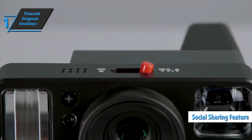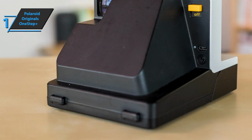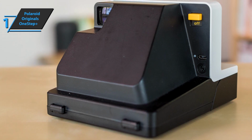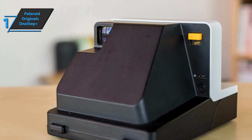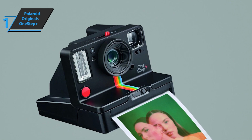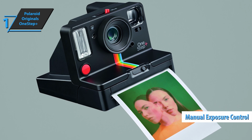The camera sports a fixed lens with a focal length of 106mm with a viewing angle of 40 degrees. The design allows you to take close-ups and self-portraits from a distance of 12 inches. It is compatible with Polaroid 600 and I-type film and has an 1100 mAh battery that gives it approximately 60 days of autonomy, which is a great thing. Also included in the mix are the manual exposure controls if you don't want to or can't handle the device